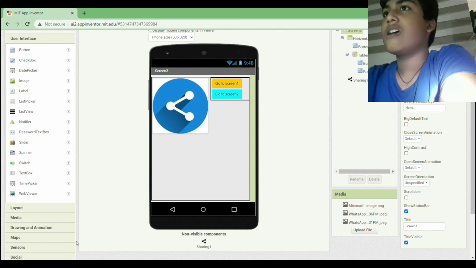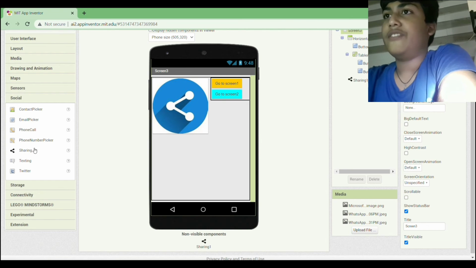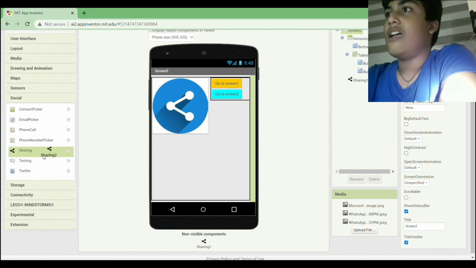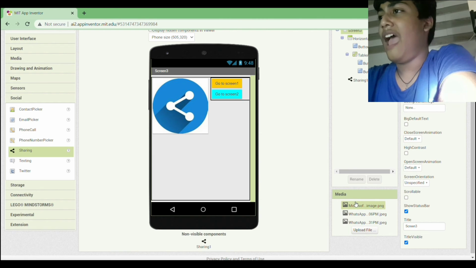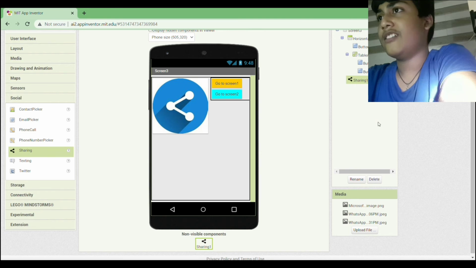How can we use this? We have to scroll down and click on social. When we click on social it shows sharing, and we have to put it like this. When we put it like this it does not show like this, it will show this icon, but we can add this by adding an image to it.